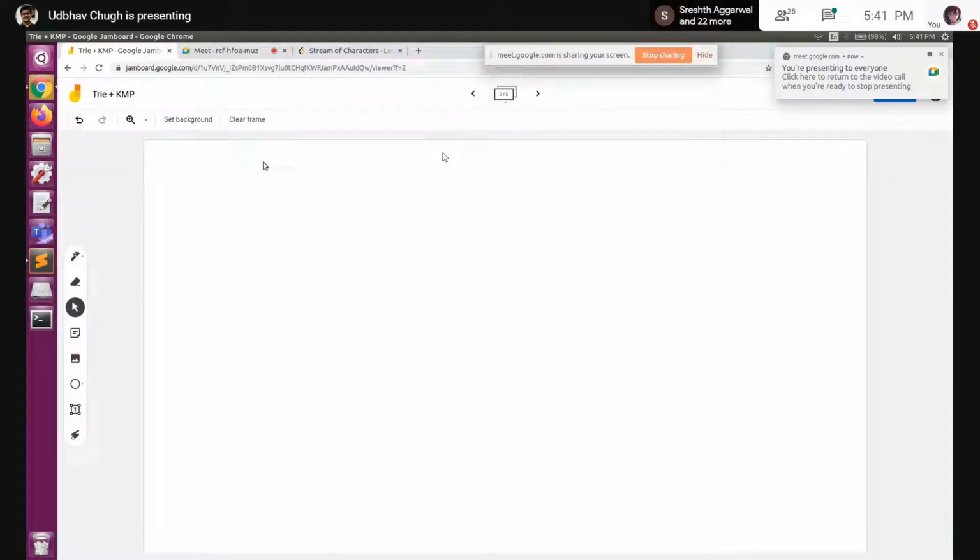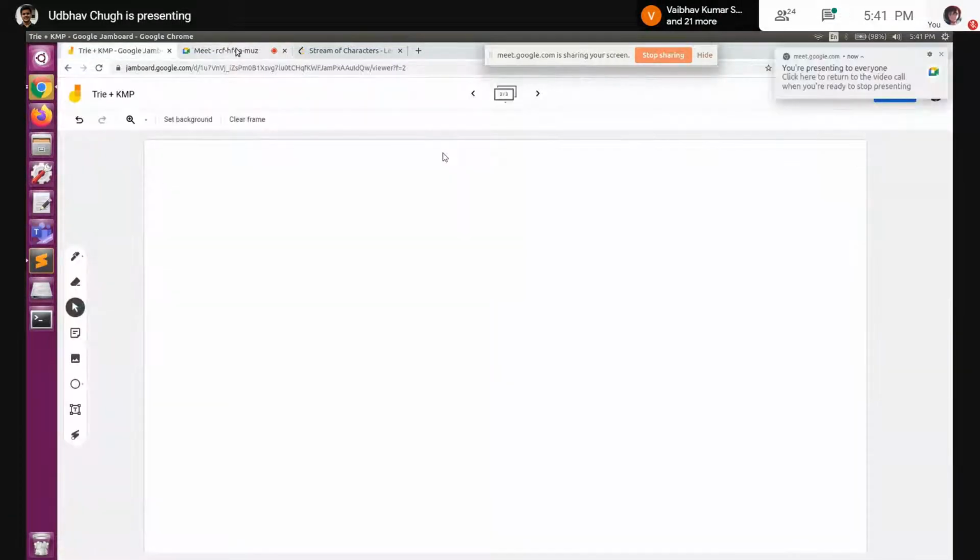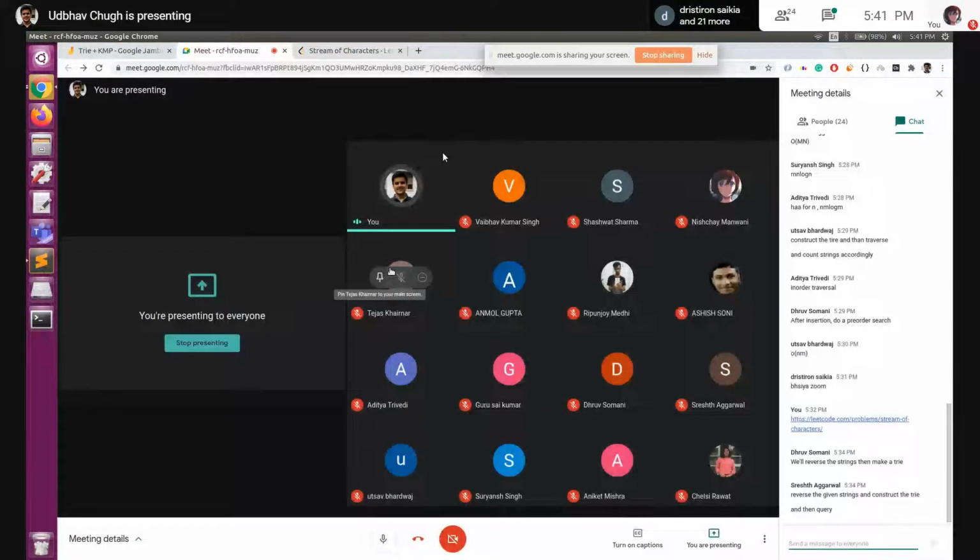That will allow you to appreciate the difference between the purpose of trie and KMP. Let's say we are given a string and we have to find whether a particular substring is present in that or not. What all approaches do you know to do this question? We are given a string and also a particular query string, and we have to find whether this query string is present in the original string or not.